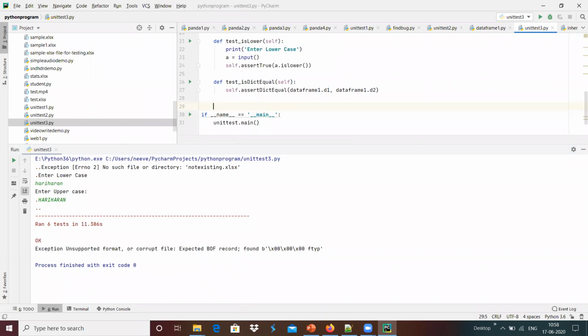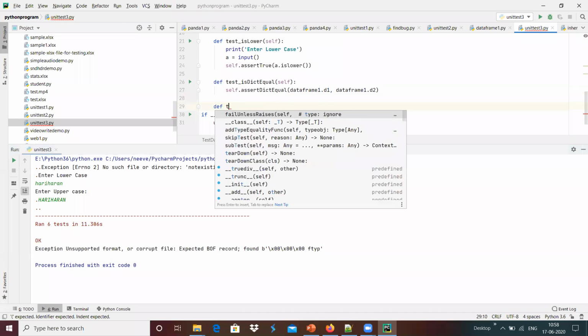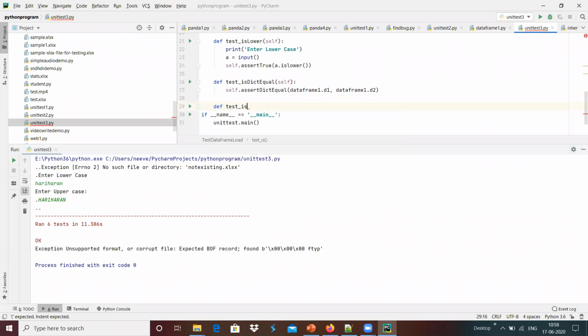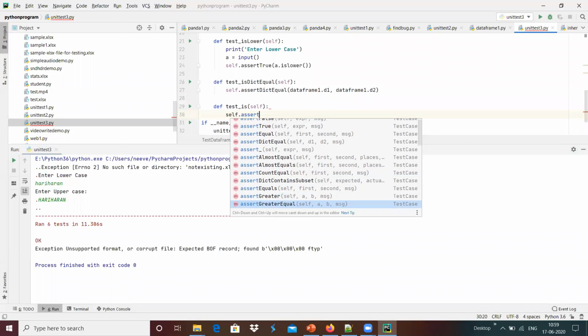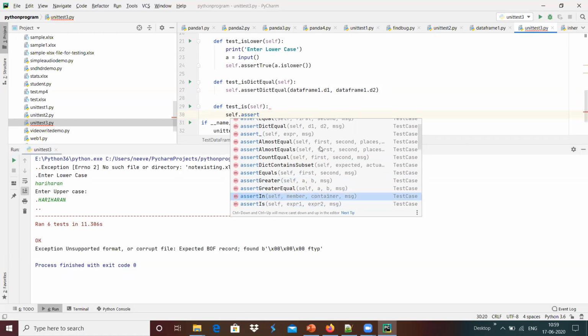The same way we can do something like a def is over here, and maybe we have another option, something like assert dict equal, almost equal, count equal for the first and second argument, and greater in case a and b are greater or equal, and for example whether this member is present in this container or not.